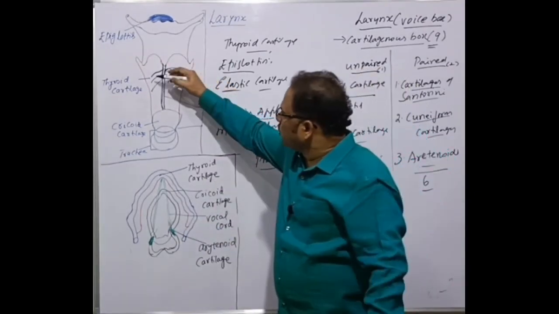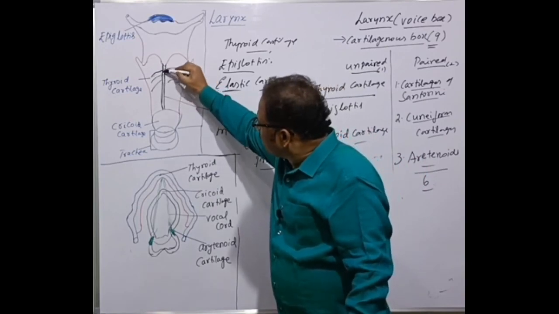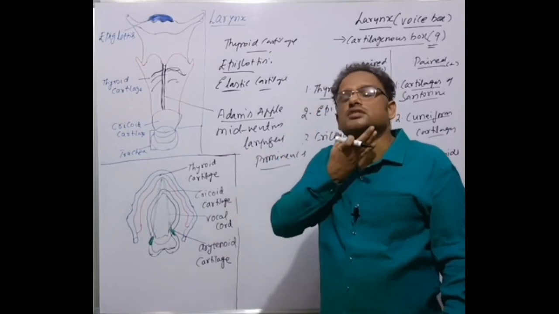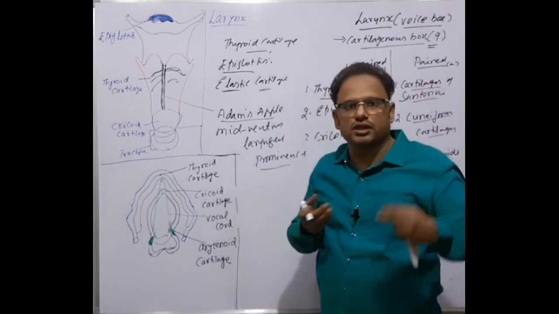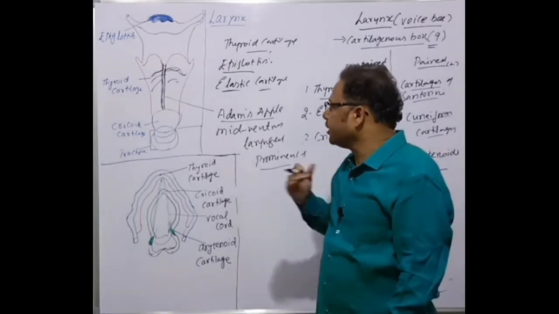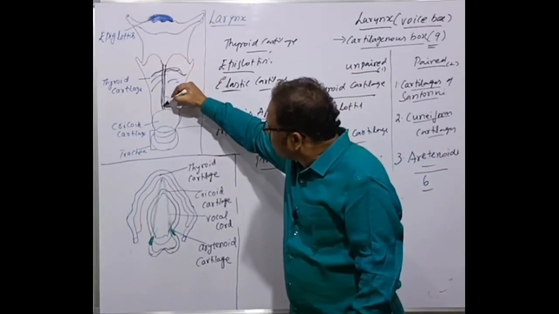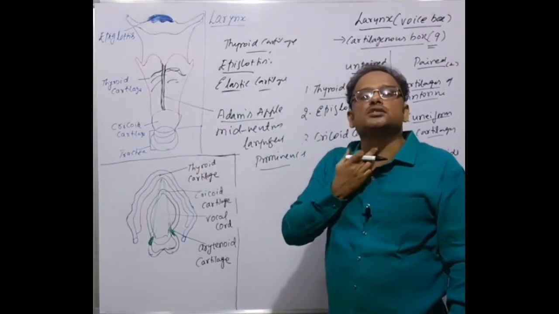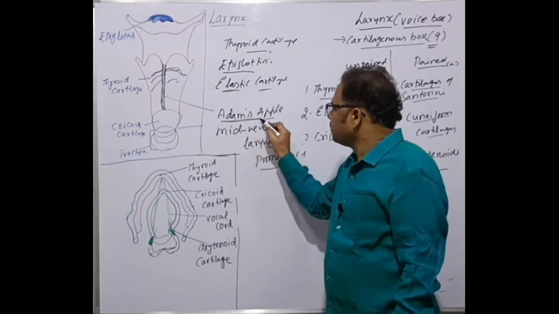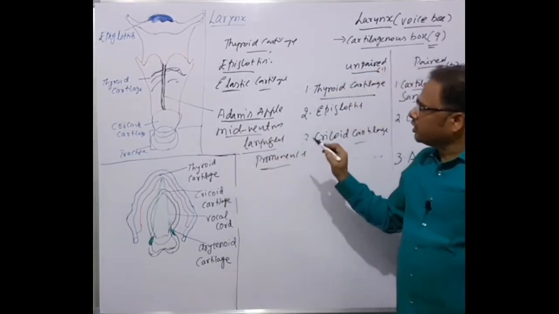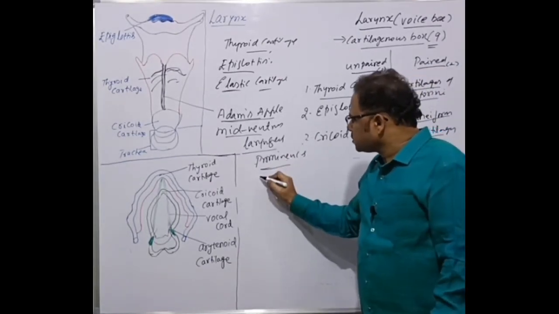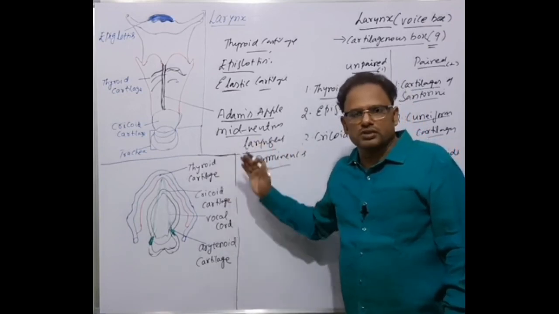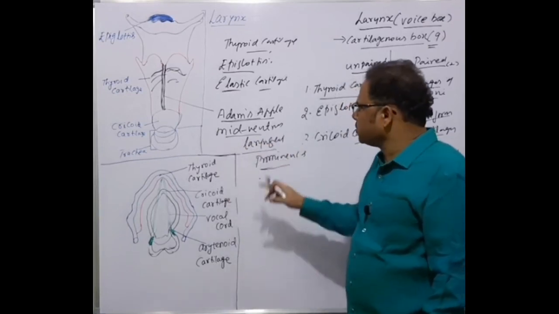So, in the thyroid cartilage, what happens? Towards the middle of the ventral region. This is the ventral region, and the backside is the dorsal region, isn't it? So, towards the middle of the ventral region, this is extended here. A swollen structure is present here, and that's called Adam's apple. So I can say that it's a mid-ventral laryngeal prominence. The laryngeal prominence is to be seen in boys after puberty, not to be seen notably in girls. Okay, students, that's about the Adam's apple.